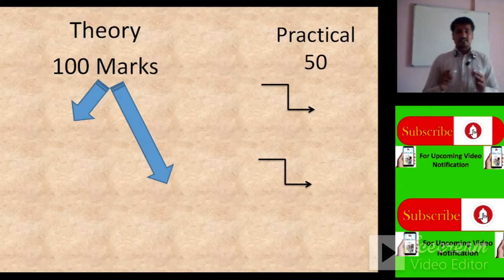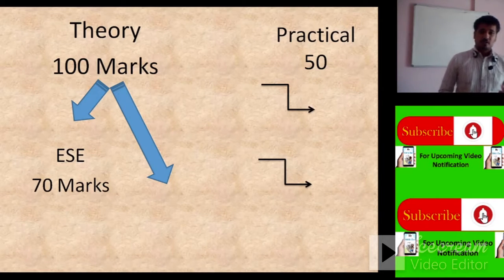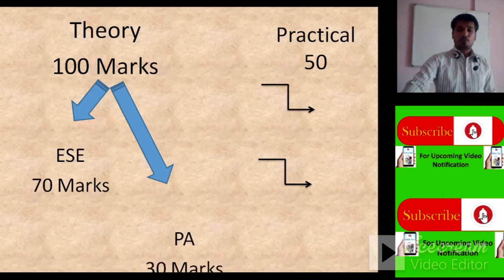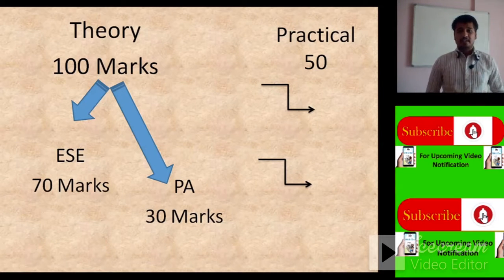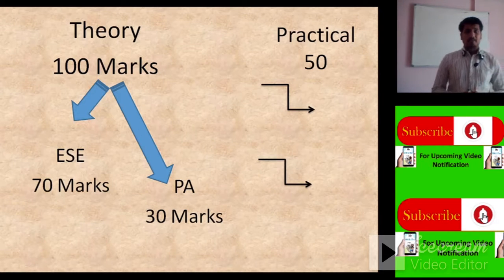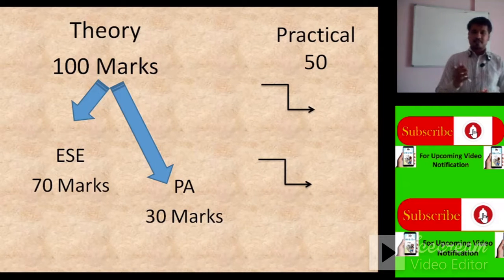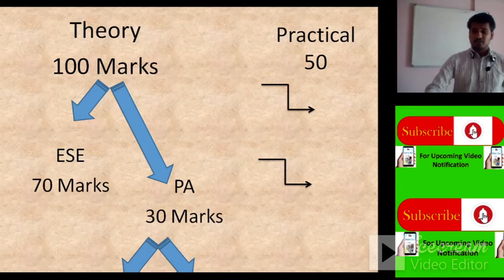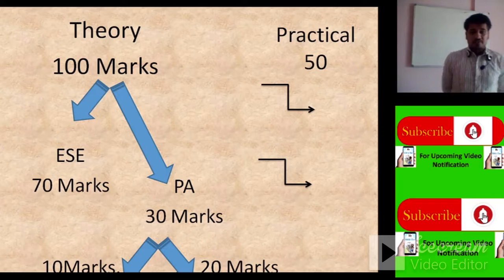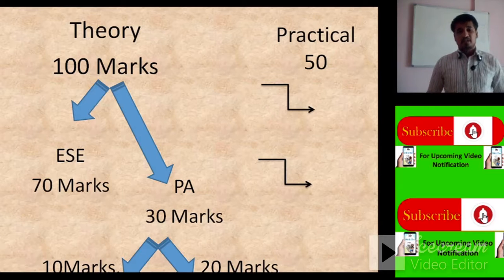The theory category is divided into two types. First one is end sem examination, which is for 70 marks, and progressive assessment, which is for 30 marks. In end sem examination we have a theory paper and this exam is conducted by MSBT. The progressive assessment, that is 30 marks, is again divided into two types, in which the first 10 marks are for your micro project and the remaining 20 marks for average of 2